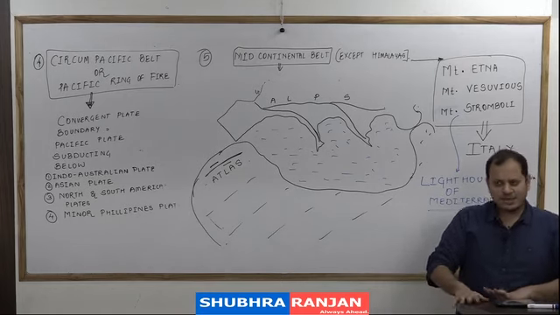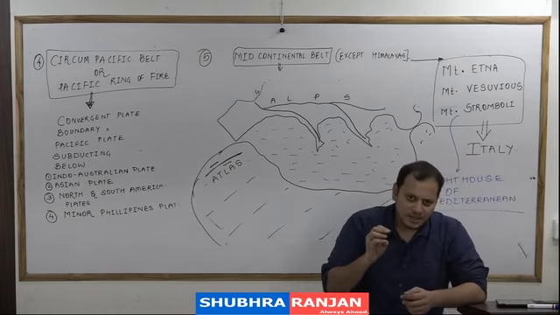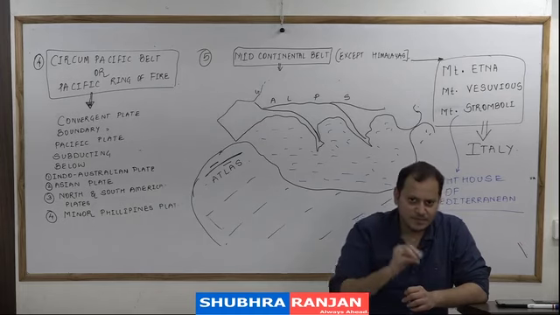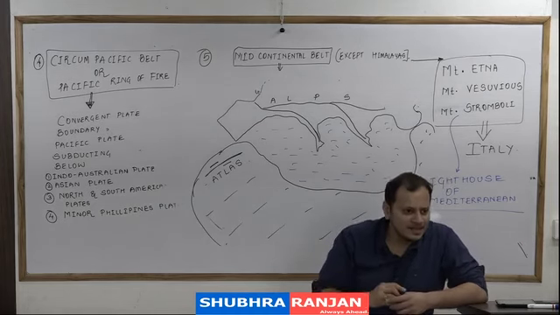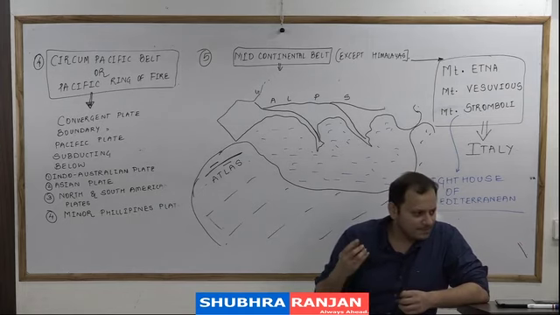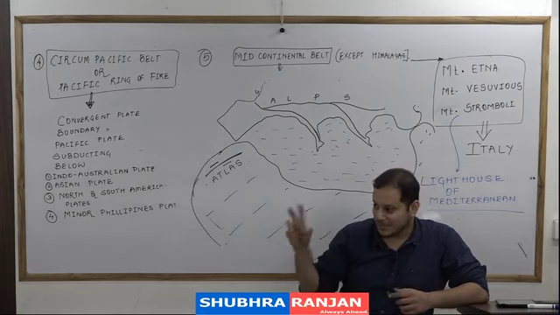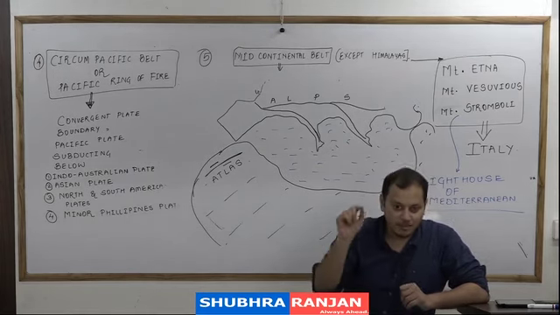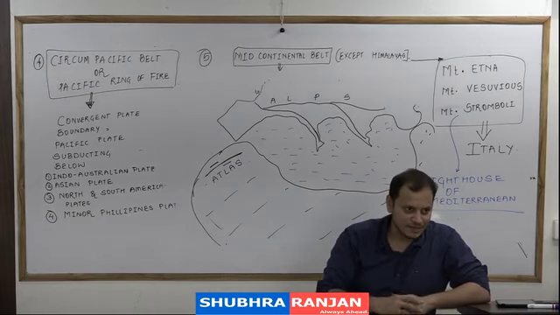I'm asking you one GK question because we are doing the Italy region. Near Rome, which is the famous country? It is located inside Italy. Vatican City. What is the specialty of Vatican City? It is the geographical importance in physical geography. It is the smallest country and the least populous country in the world. Smallest and the least populous country of the world is Vatican City.